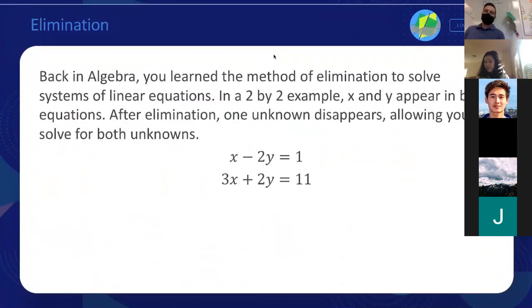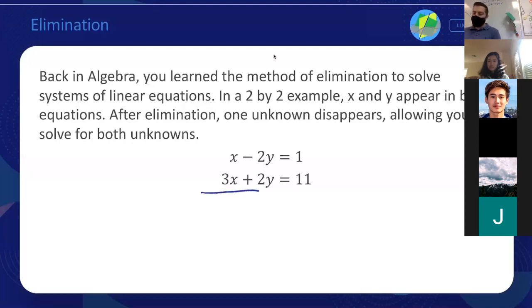So in elimination, your goal is, and again, in algebra 1 you probably had 2 variables, that you take a multiple of one equation and add it to the other in an attempt to eliminate one of the variables. Then you'd only have one left. You could solve for that one, then plug it back into one of the first 2 and solve there. So we could take a system of equations like this,